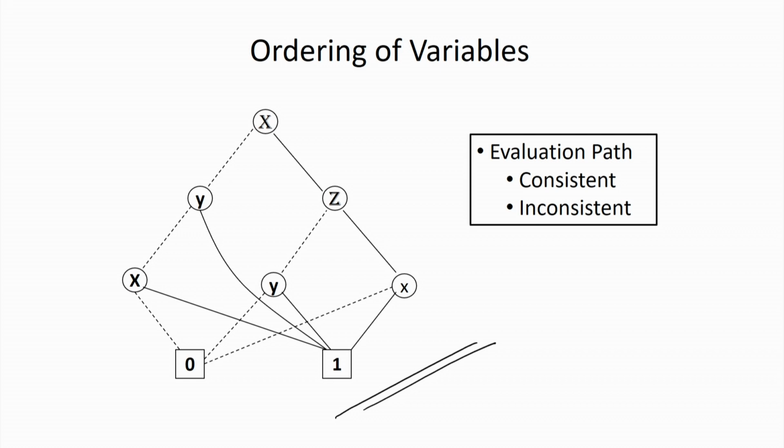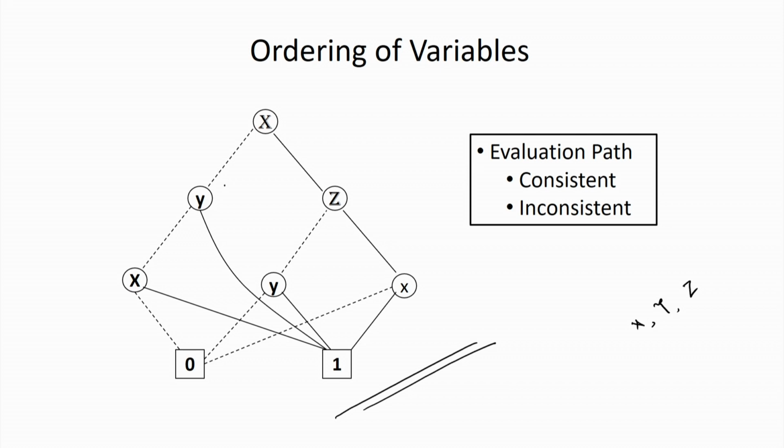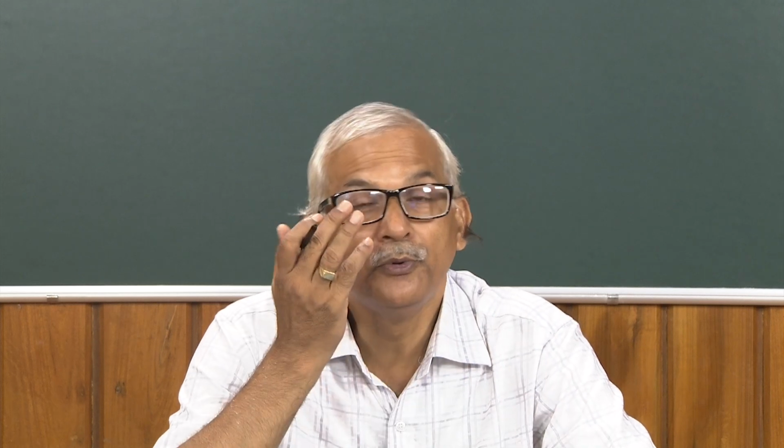Now, in this particular case, you just see I am having 3 variables x, y, z. First I am having the evaluation of x, then when x equal to 0, I am having the evaluation of y, and when x equal to 1, I am having the evaluation of z. With respect to z, when z is equal to 0 and z is equal to 1, again x is appearing over here. So, as per the definition of BDD, this is a BDD, a representation of a valid function.